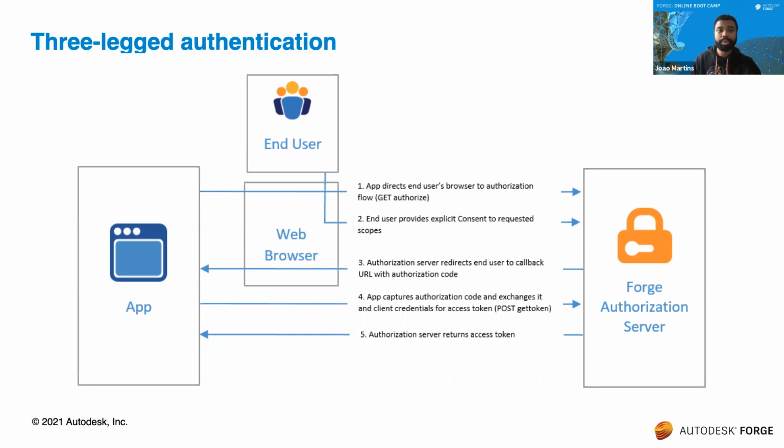And then we are going to receive, through our callback URL, an authorization code. With this authorization code, we reach the Forge authorization server again, and we get back the token. And with this token, we can perform all of our activities. The token expires after 1 hour. And after this 1 hour, we are going to use one field called